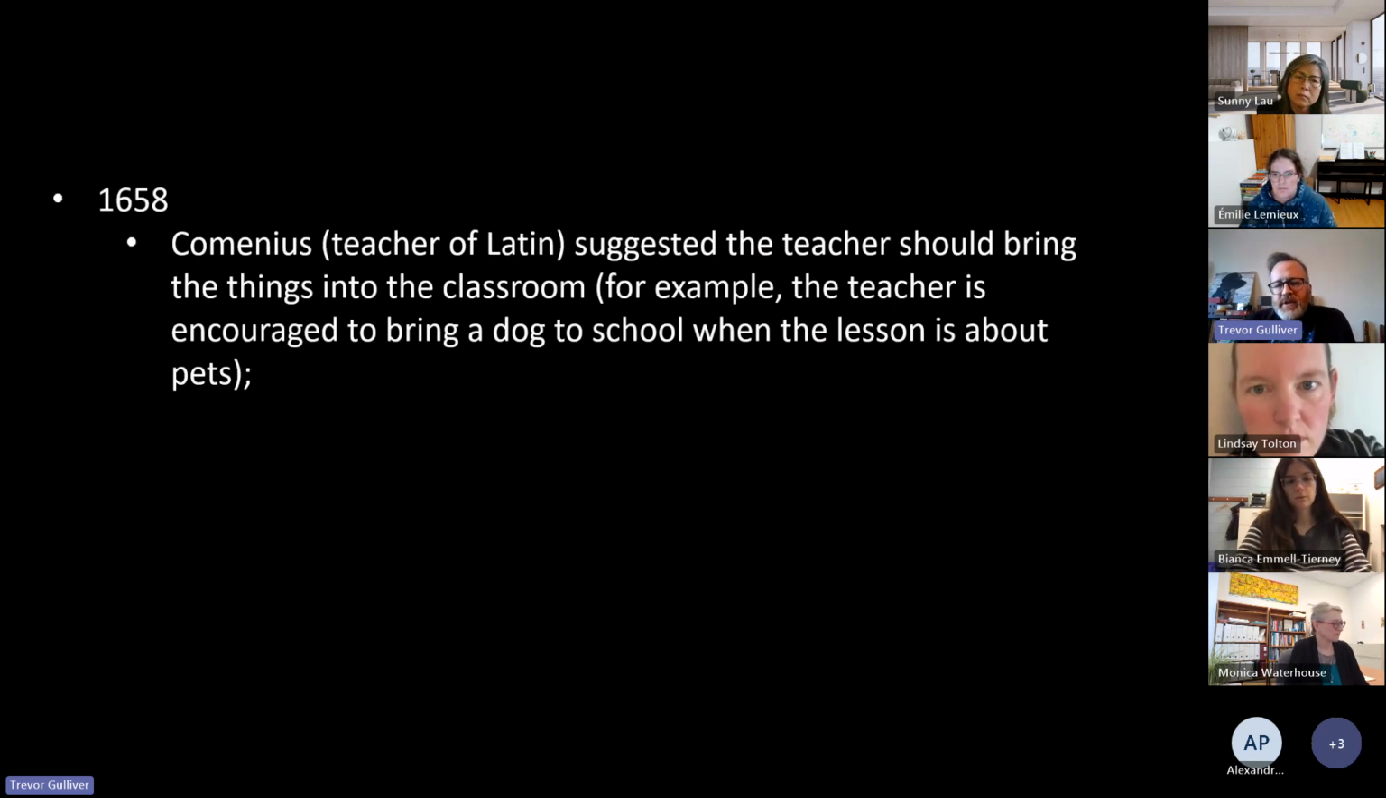Another language teacher, Comenius, a teacher of Latin, said early on that teachers should bring things into the classroom. For example, he said, if you're doing a lesson on farm animals, bring the pig into the classroom, which, I don't know if we could do that anymore. But bringing props into the classroom has always been a part of second language teaching